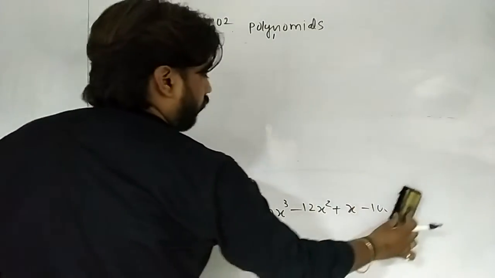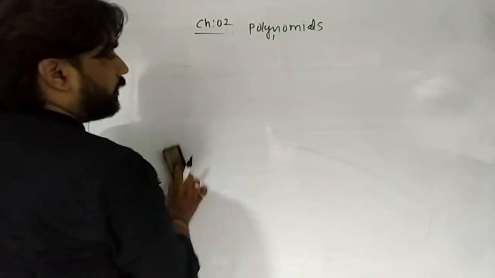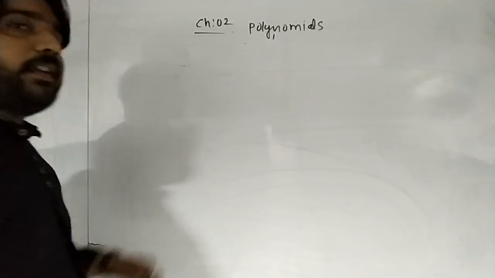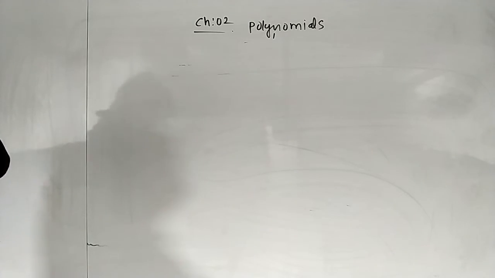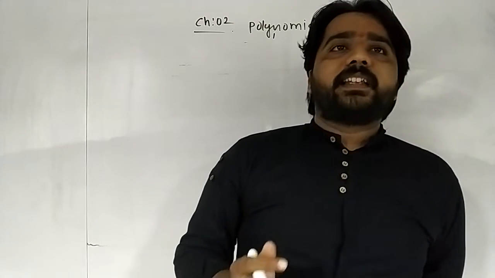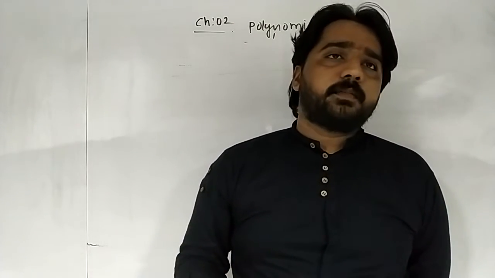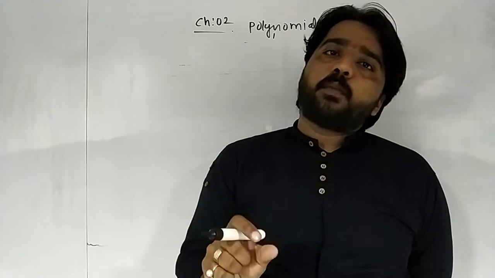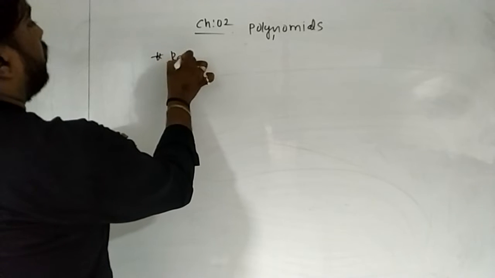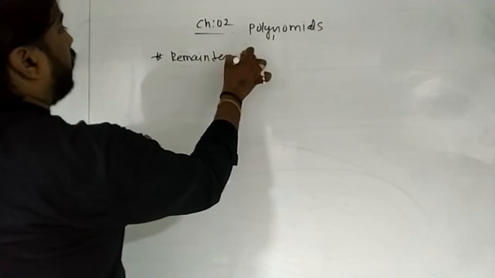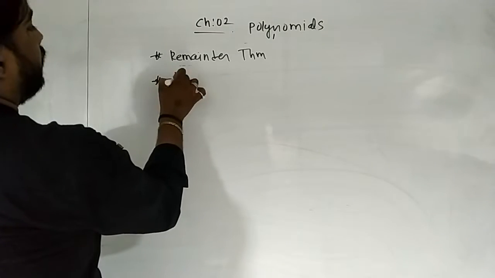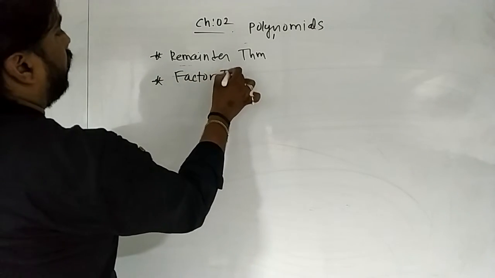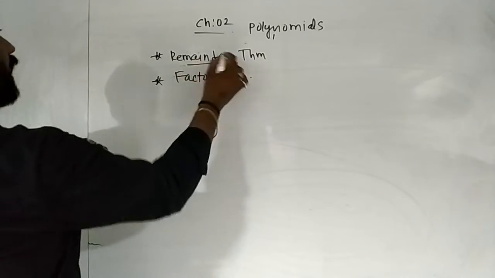Okay. And we have learned what? Remainder theorem and factor theorem. So remainder theorem का use क्या है? To find the remainder. When we divide one polynomial with another polynomial, how can we get the remainder? For that we are using the remainder theorem. And factor theorem हमने कैसे सीखा था? To do the factorization of a polynomial, we can use the factor theorem. So remainder theorem, then factor theorem. Okay, this we have discussed.